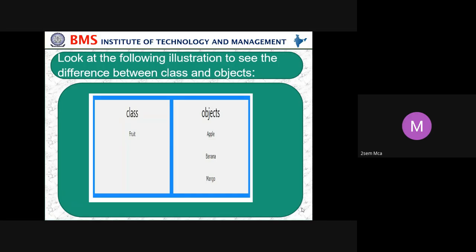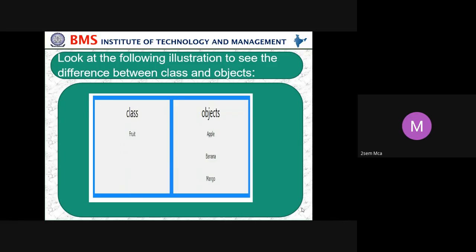Then banana, this is also a fruit, but how is banana compared to apple? If we compare colors between apple and banana, apple is red in color, banana is yellow in color. So colors are different, and the shapes are different, and sweetness, taste, both are different.